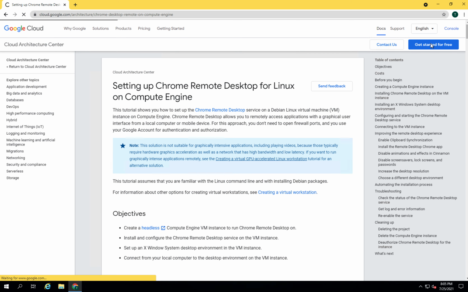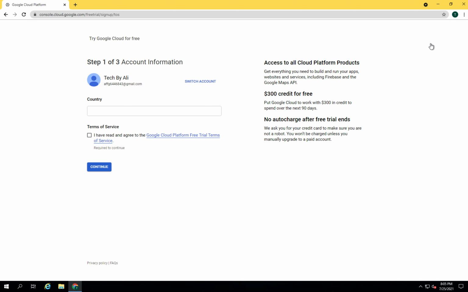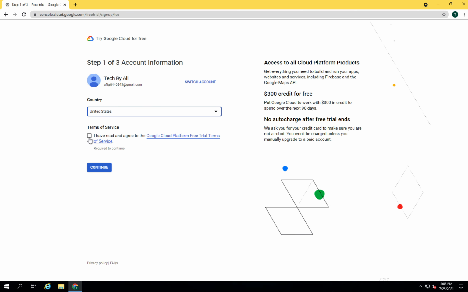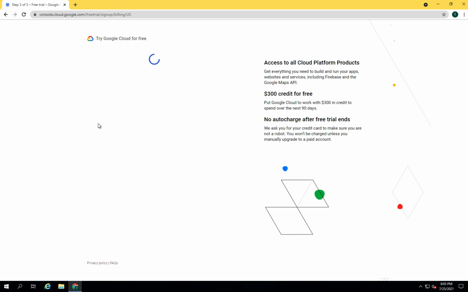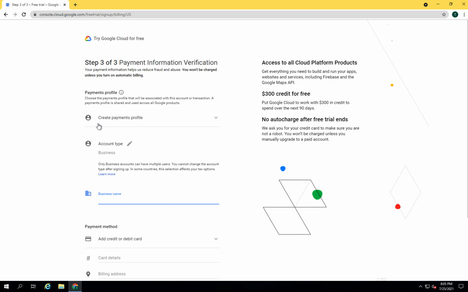Once you click on get started for free, you will get a page with an agreement. Just click on that and click on next. Click on I have read the agreement, and then use your phone number as usual.